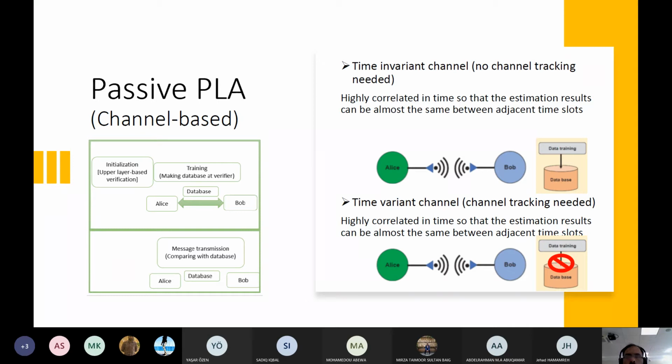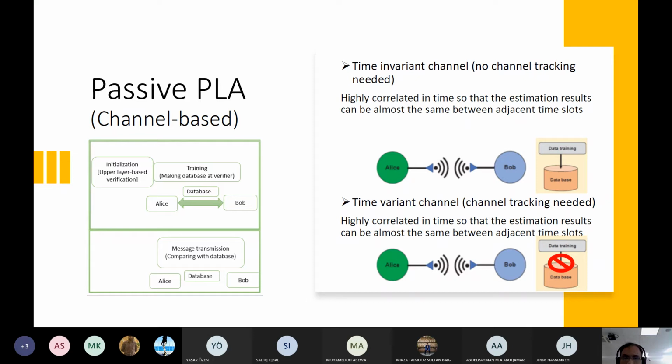The copy of the channel estimate that you have in the database will match the copy that you send after some time if the channel is invariant.